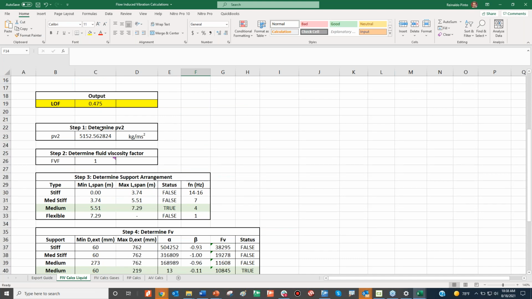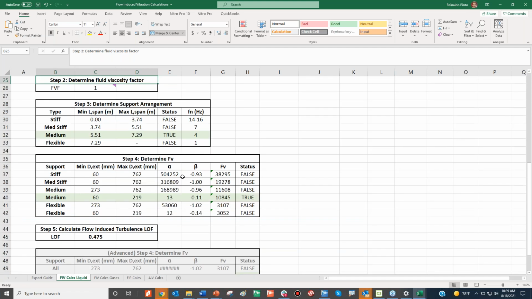In step one, it calculated the kinetic energy of your fluid. Then it calculated the fluid viscosity factor, which is 1 because it's liquid. Then it qualified the support based on the distribution of support. Here in green, it highlights the type of support you have.